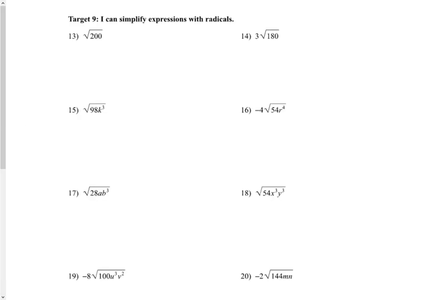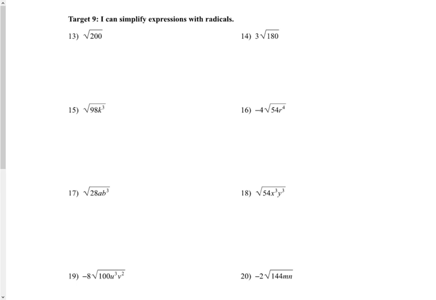On the back side then, we have target number 9, where we are simplifying our radicals. So remember, we want to break these down. We want to try to look for those perfect squares in there. The bigger the perfect square, the easier it's going to be. I'm going to try to continuously look for those big perfect squares here so we don't have to do as